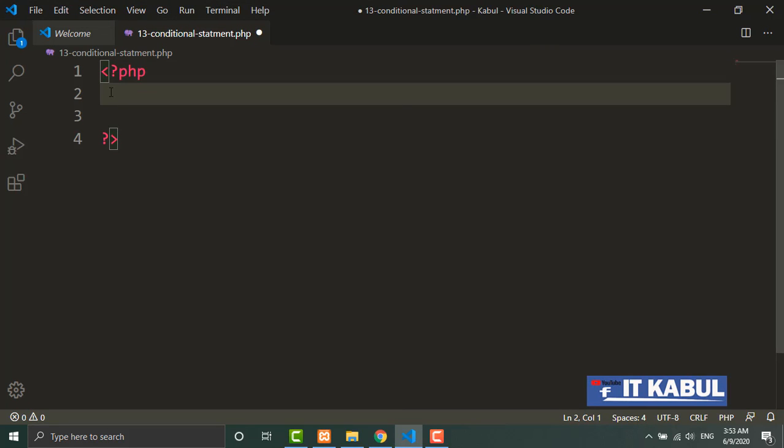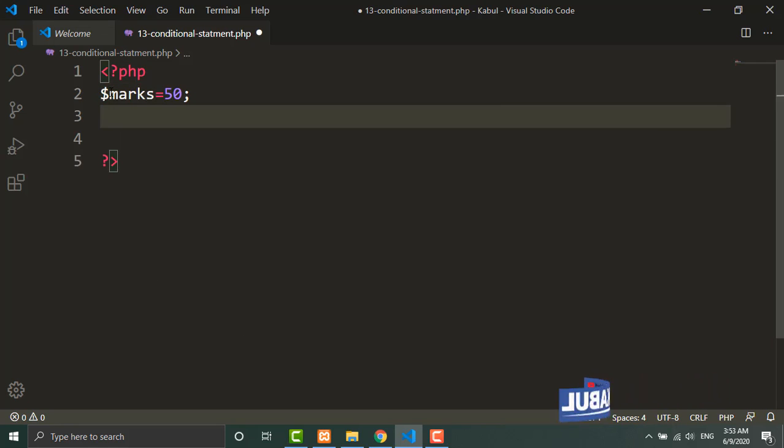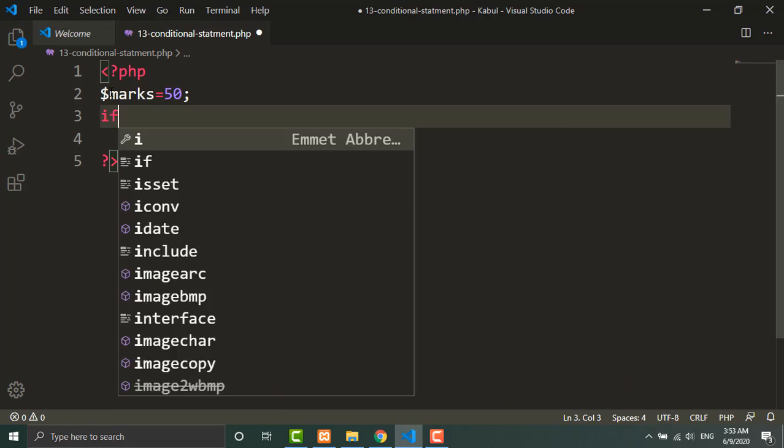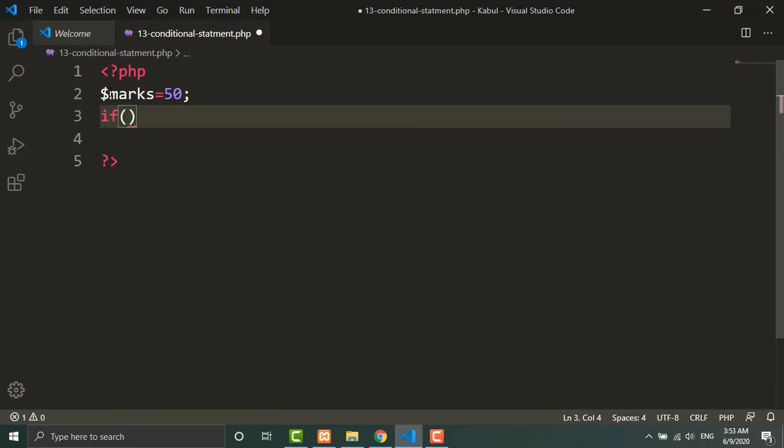So I'll write here a variable marks equal to 50. Now in here I will write a condition. So I will use a conditional statement. The first one is if and open parentheses, and inside these parentheses we use our conditions. So I will write a condition here. I will say if marks